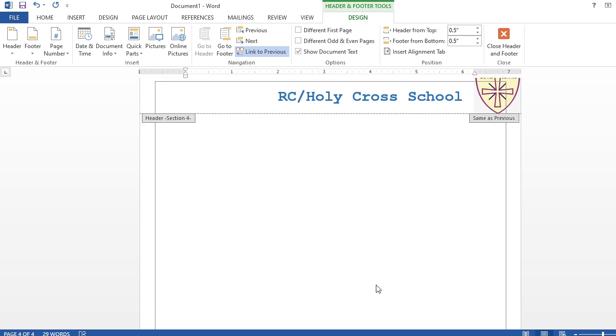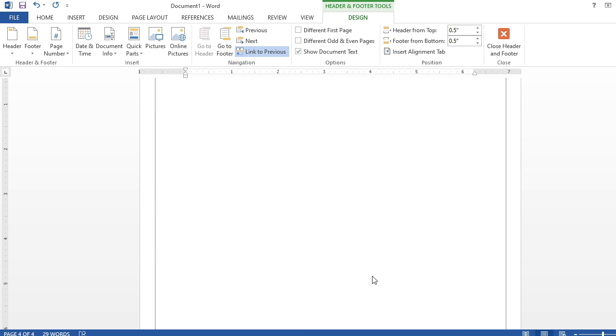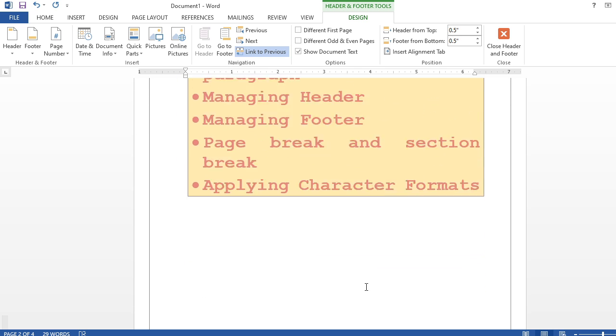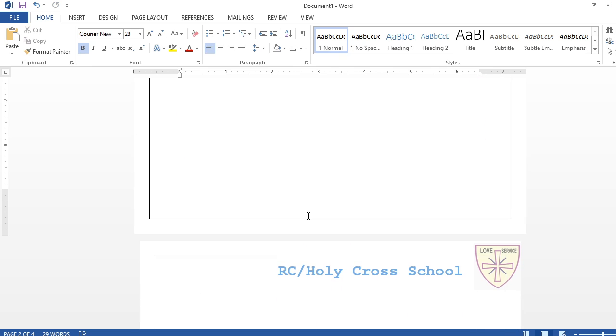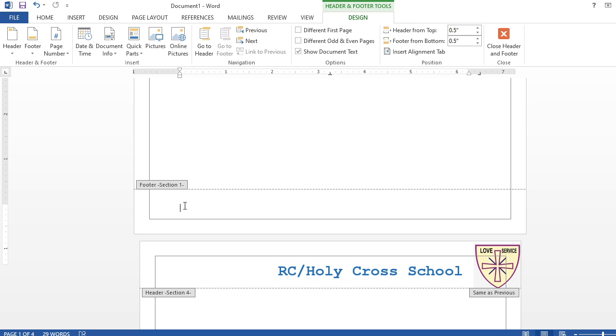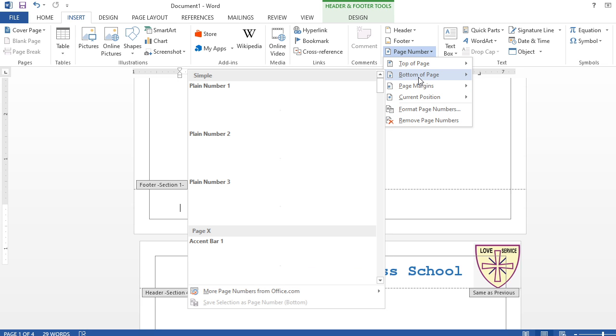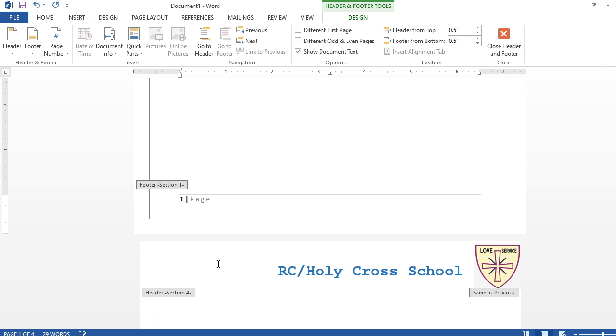Footer also here. I'm going to insert a page number in the footer. Header already I inserted, this Holy Cross and the logo here. I am going to apply in the footer. You see, I had clicked this footer. I am going here. Just check page. Where is this page? Insert. Somewhere you see page number. Yeah, it is page number here. Here you just check out where, the bottom of the page. Suppose this page I am going to take. Done. Just check. First page is coming.